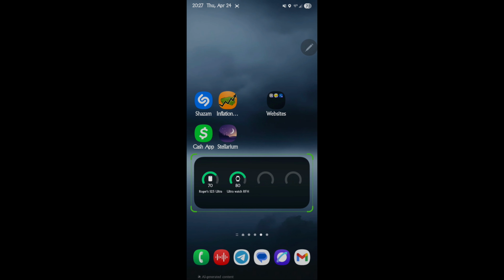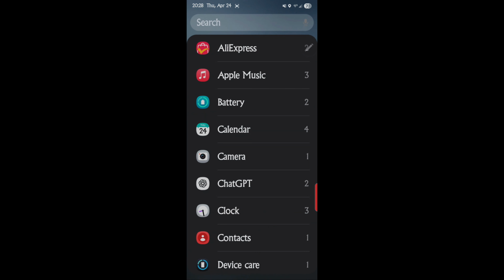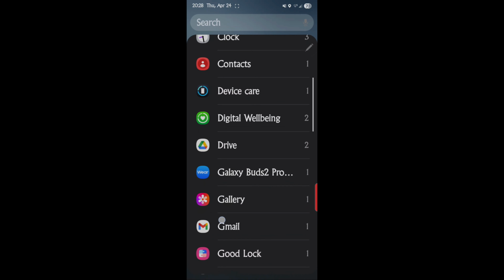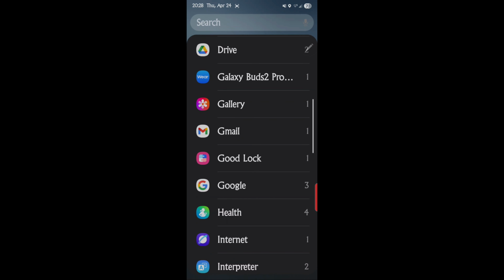And then you can rearrange it, make it bigger, make it smaller, whatever you want. I like my widgets to take up a good amount of real estate on the screen. So that's how you make one. Now the next step is you tap and hold and you can create a stack. So now here's my listing of all the apps I have, and I can make now a stack. So let's say internet,